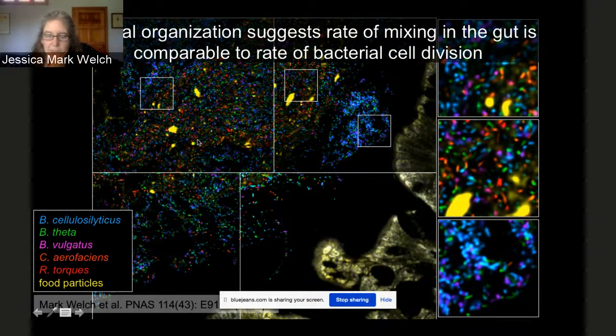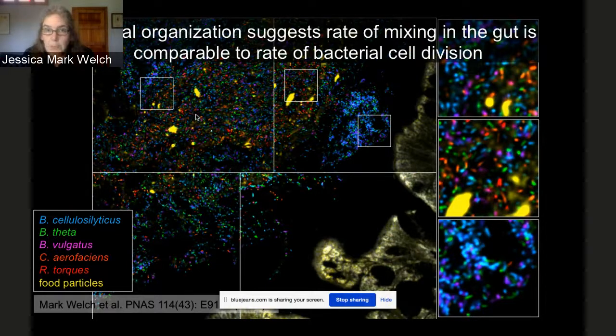And that really surprised us when we first took these images. So we imaged the gut expecting really to find quite a bit of structure and quite a bit of difference between the community very close to the wall of the gut, right there in the mucus layer, and then the community in the center. And what we saw instead was really a very high level of mixing,